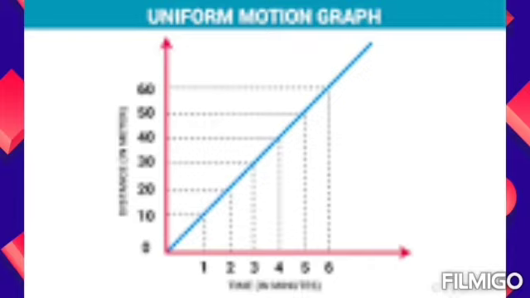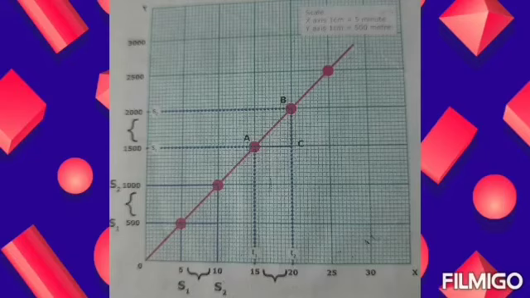So in a distance time graph, time is taken as the x-axis and distance is taken as the y-axis. So by using this we can draw a slope also. Look at this distance time graph. Time is taken as x-axis and distance as y-axis. By using the tabular column we can draw a graph like this. Then we have to find the slope.